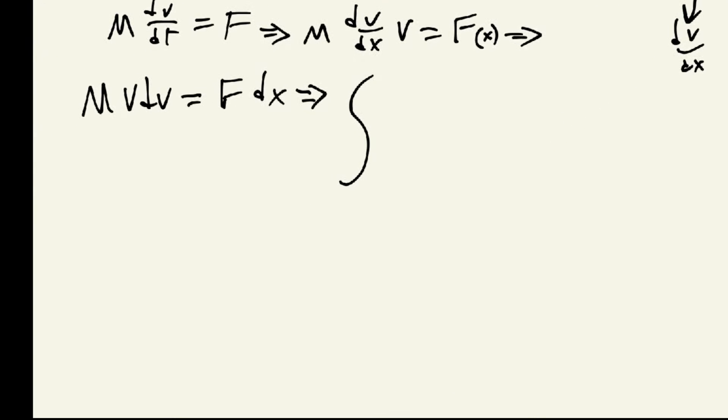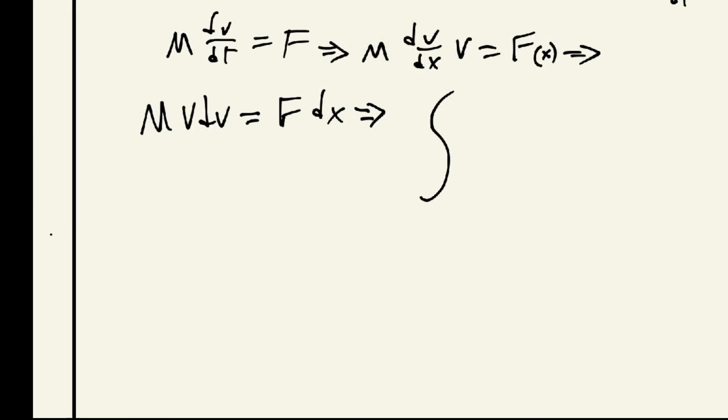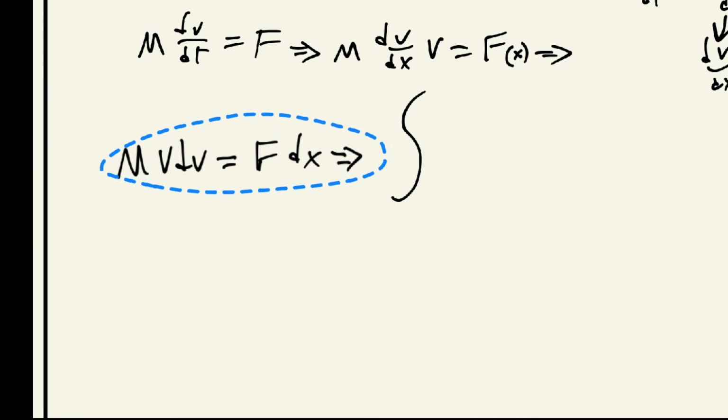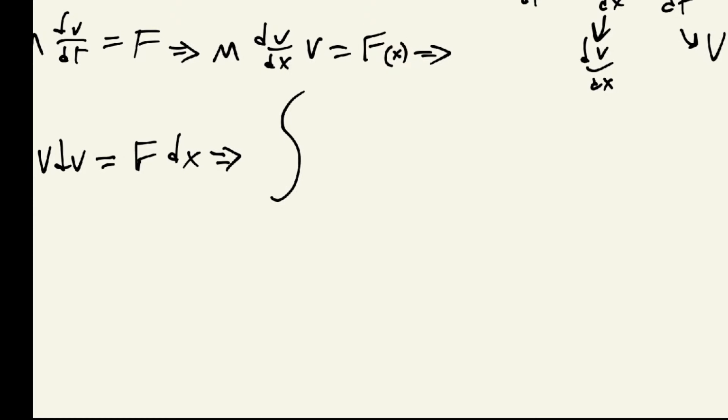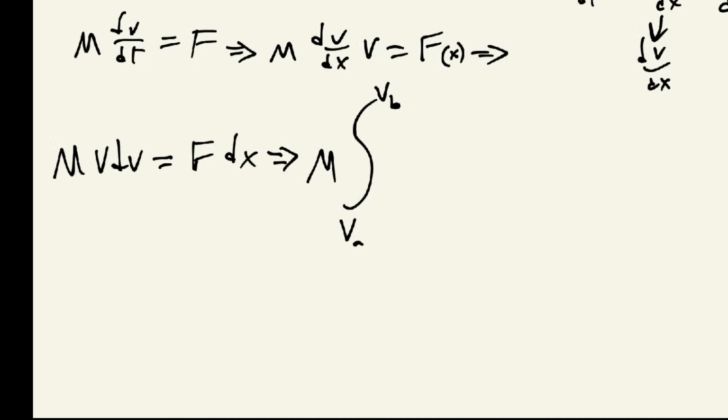First of all, the m is a constant, so the m can go outside. Now from v sub a to v sub b. We want to look at it from when v is v sub a to v sub b, and this is the same thing as saying from t sub a to t sub b, where v is a function of time. So from v sub a to v sub b of v dv equals